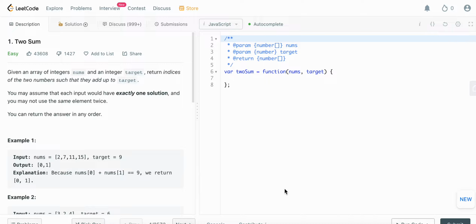So today we are going to solve the problem, the Two Sum. This is an easy problem on LeetCode. So let's get started. Given an array of integers nums and an integer target, we have to find two numbers such that they add up to the target which was given, and we have to return the indices